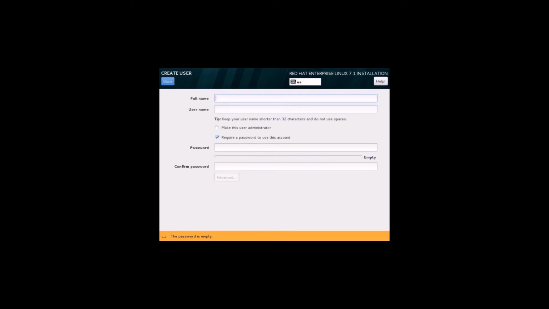Click on done option. That root password is Red Hat, and I want to create one user, called desktop5, because the hostname I am keeping is desktop5.